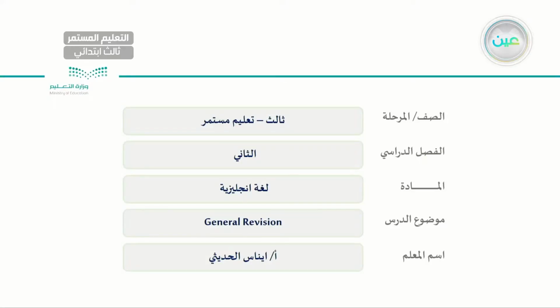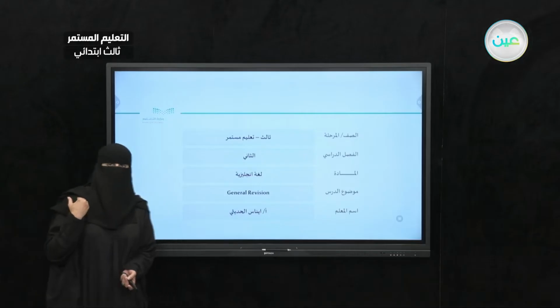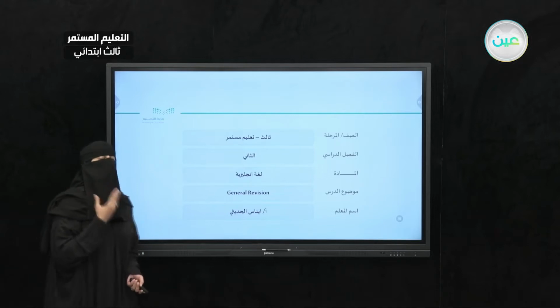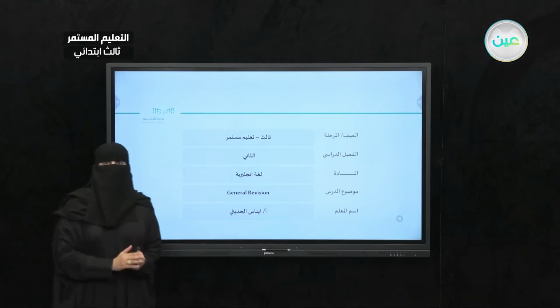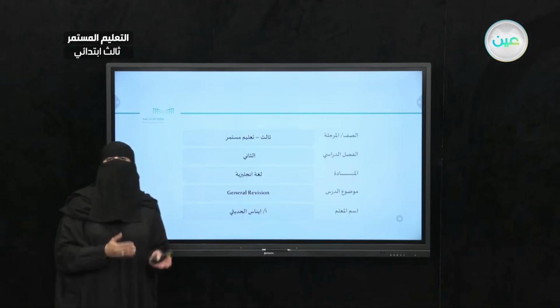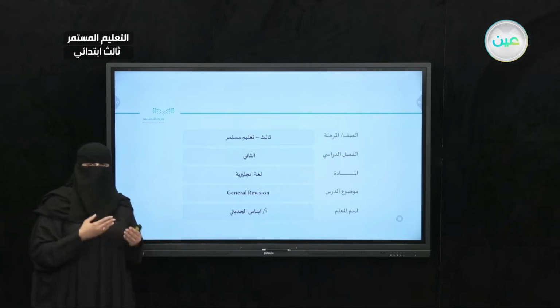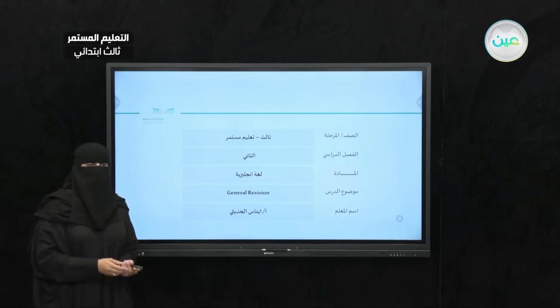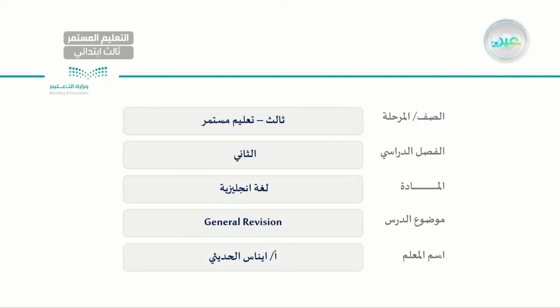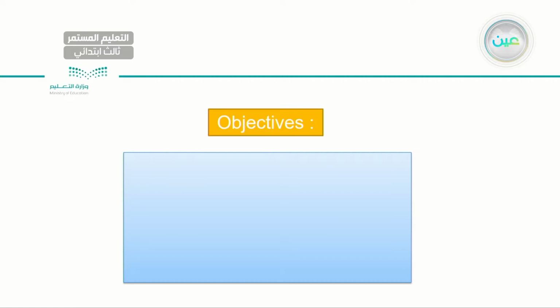As you can see, this is a continuation of our revision that we already started in the previous week. In the previous week, we revised days and weather, part 1. Today, inshallah, we will continue revising days and weather. What I recommend is have your books, notebooks, pencils, in case you need to take some notes for the last unit in your book. That would be unit number 4 of the third book.